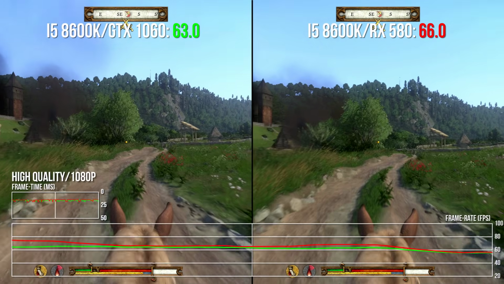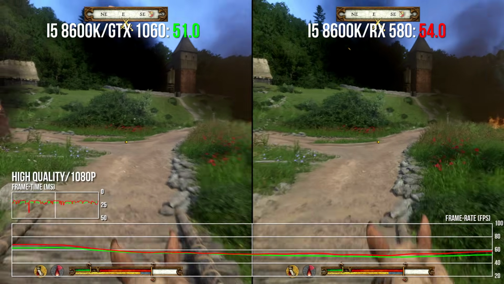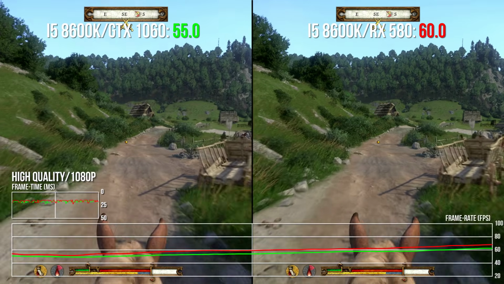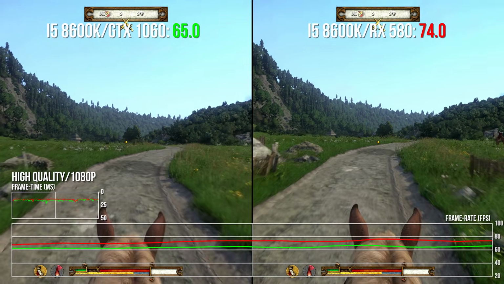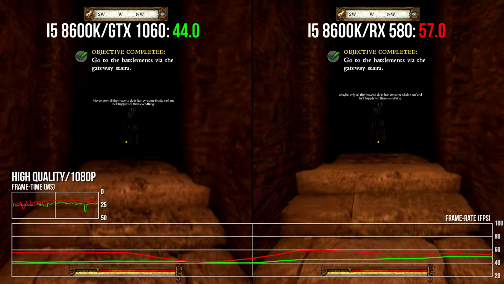Put into numbers on this high setting, the GTX 1060 averages at 57.6 FPS, while you get 66.3 FPS on average from the RX 580. It's a big difference, but ultimately the drops hit hardest around dense city areas and a walk through a castle barracks at night especially. This dark scene really strains both cards and shows that a locked 60 FPS is far